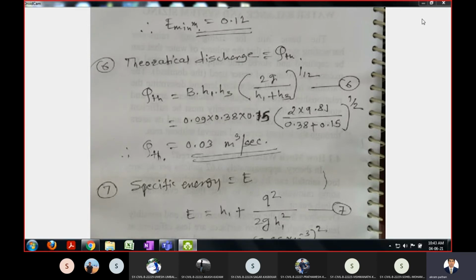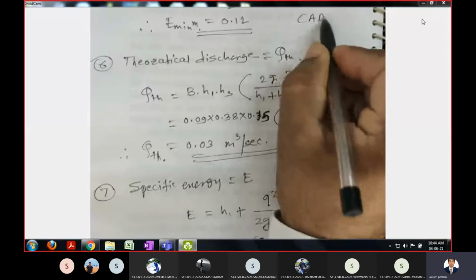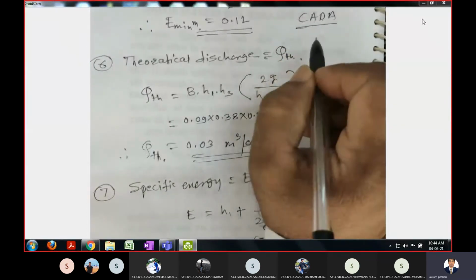Anybody is knowing about CADA? CADA? Does anyone know about the CADA office? Anyone? What is the long form of CADA office? CADA? Catchment Area Development Authority. Okay,